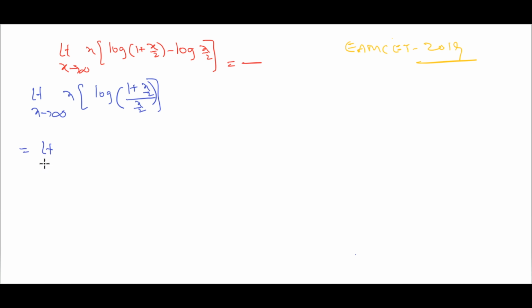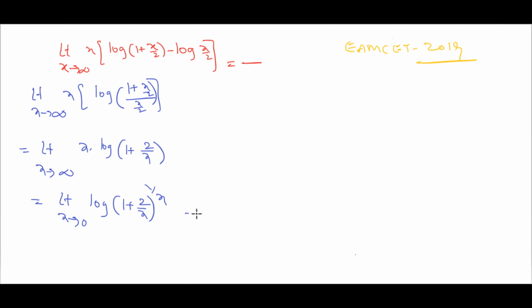This is equal to limit x tends to infinity, x into log of (1 by x by 2, that is 2 by x, plus x by 2 by x by 2, that is 1). This is log of 1 plus 2 by x. This is written as log of (1 plus 2 by x) whole to the power of x, taking the power, that is 1 by x, that is equal to log of limit x tends to infinity 1 plus 2 by x